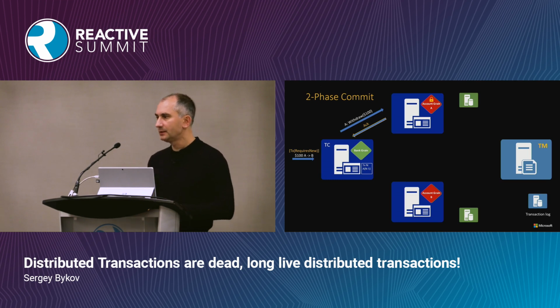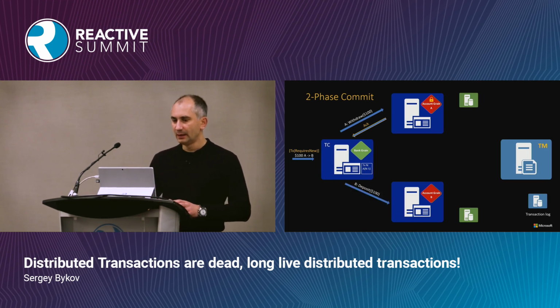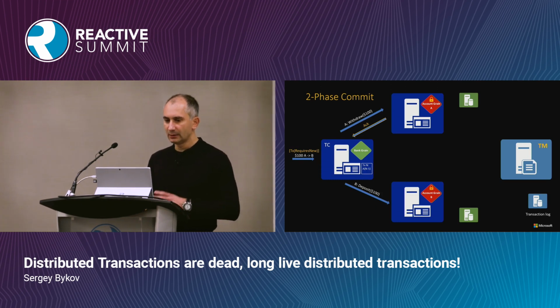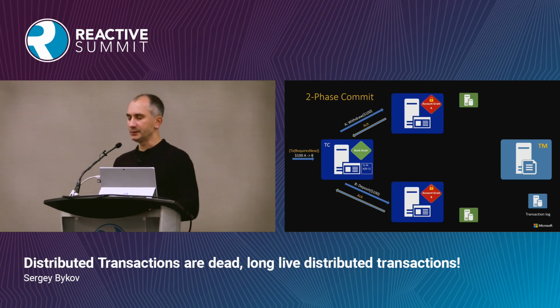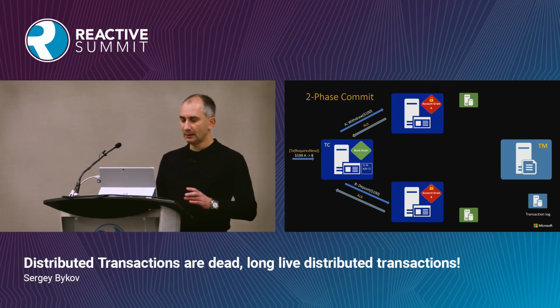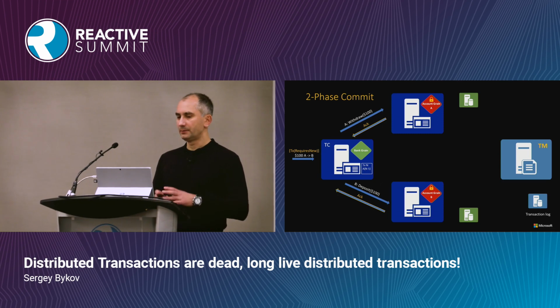Then we call grain B to deposit, and the same thing happens. So the grain gets locked, and when a call returns, it returns dependencies. In this case, dependency in n minus 2. So now we're ready to